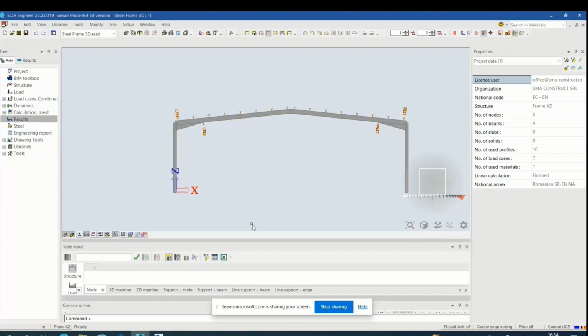Usually we use a fraction of the span, 250 normally for the normal beam, and this is for vertical displacement, and we also check the horizontal displacements at the top of the column